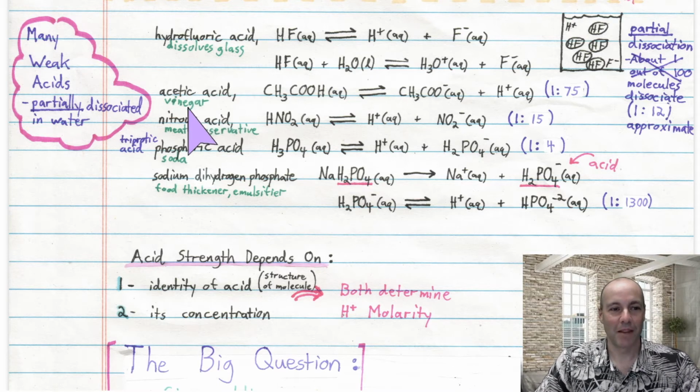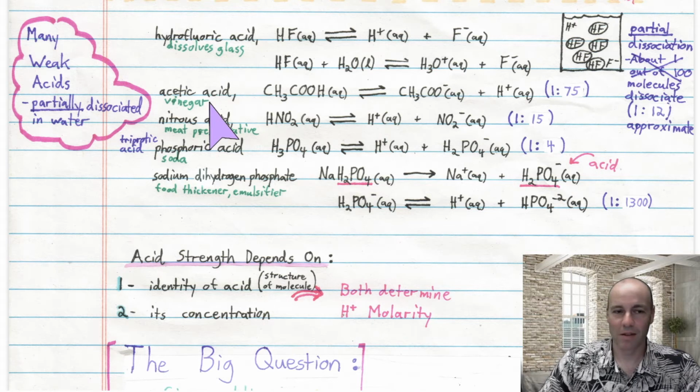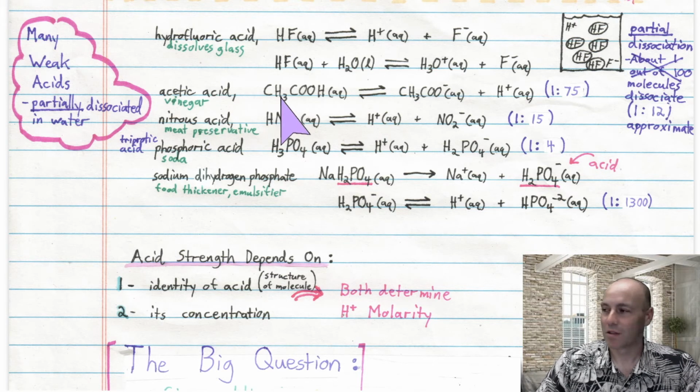Acetic acid is found in vinegar. Vinegar is usually 3% acetic acid. I think it's 3% by mass, but it could be by volume, I'm not sure. Acetic acid is